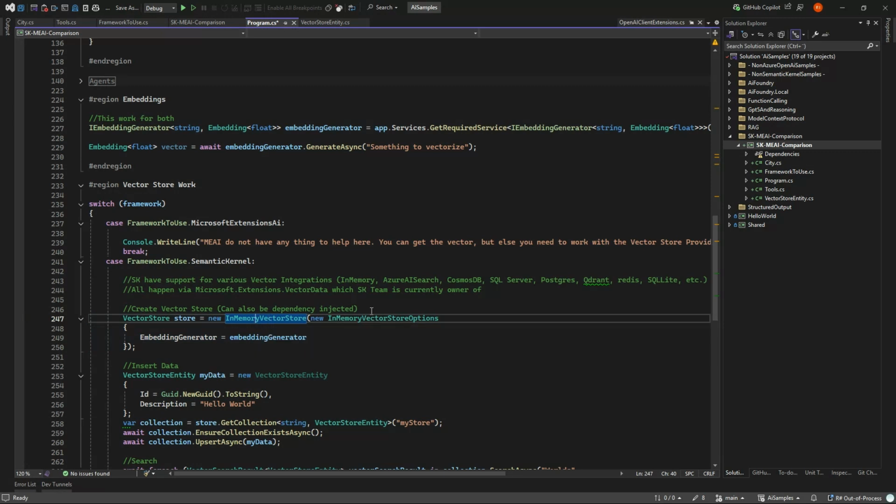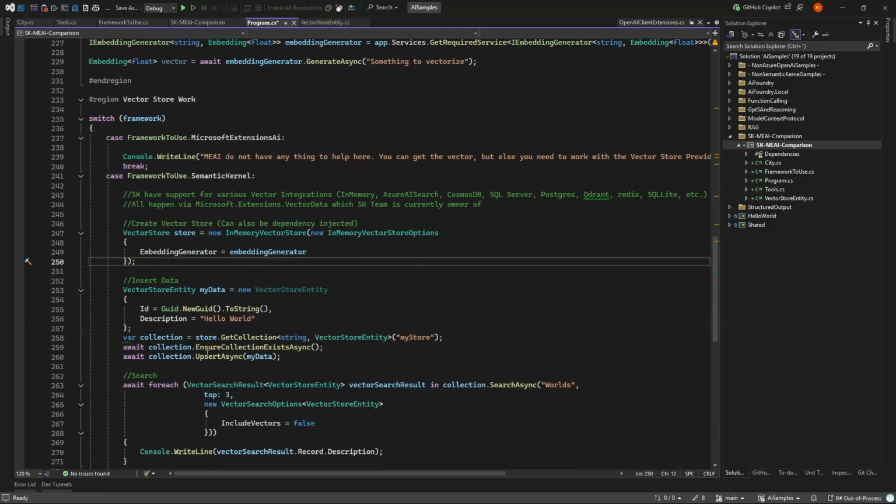Had I used SQL Server, I'd use some other credentials and so on. But these work exactly the same, so you get this generic store that is working across all the different vector stores. And then you can just take your store, make your collection, an index in Azure AI, a table in SQL Server, a table in Cosmos DB, and so on.